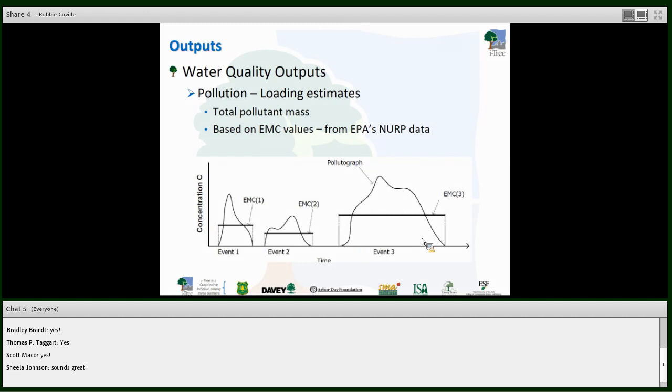Again, we want to make sure this model is quick and easy to use, so it is a trade-off versus capturing those detailed spatial relationships between pollutant contribution and buffering, versus just making sure we can get the model up and running pretty quickly. So event mean concentration is a pretty widely accepted way to simplify those complex water quality